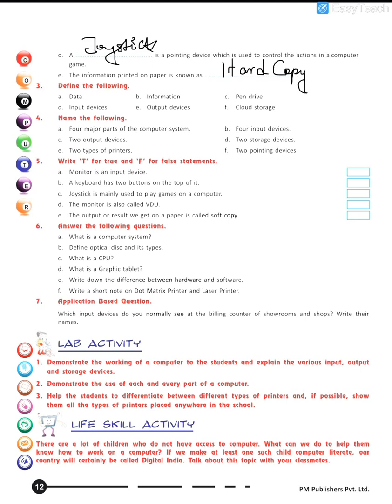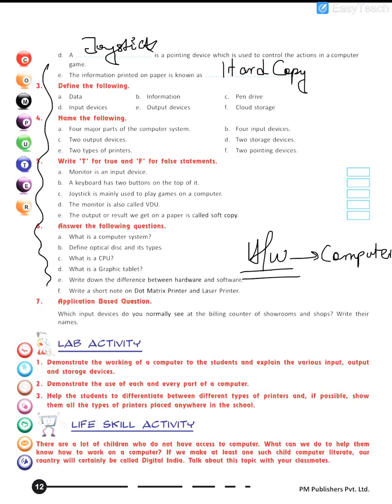Now children, there is a lot of homework that you have to do. Question number 3, 4, 5, 6 will be your homework. Where you have to do the homework, it is needless to say, in your computer copy. So all these homeworks have to be done in which copy? In your computer copy. Question number 3, 4, 5, 6.